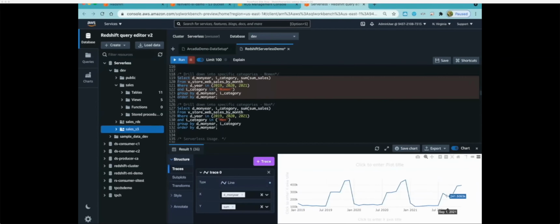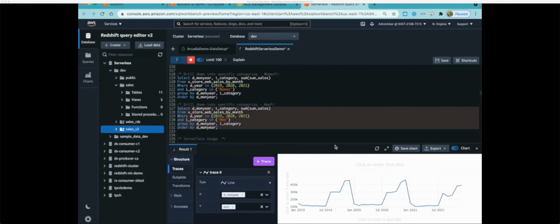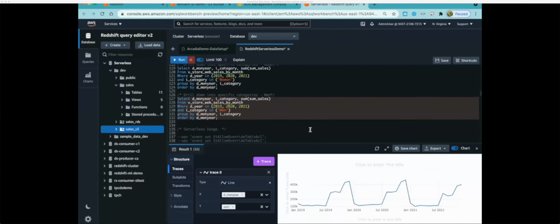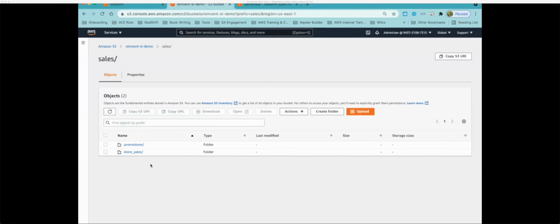So we are going to go category by category and see where the decline is. And I see that mainly in women's and men's category, there is some specific level of decline, which I want to deep dive and understand to see if we can target our promotion around that. So what you would see is I also want to figure out what kind of promotion that I want to